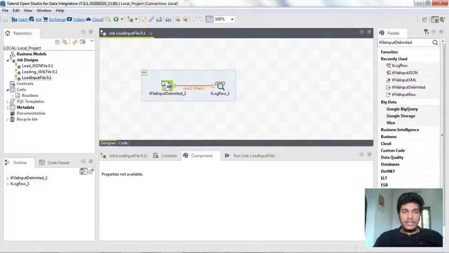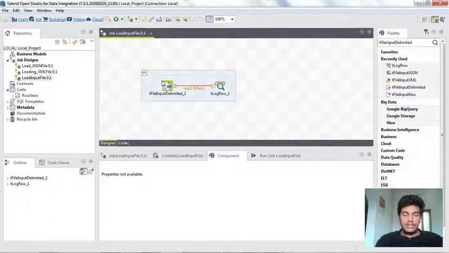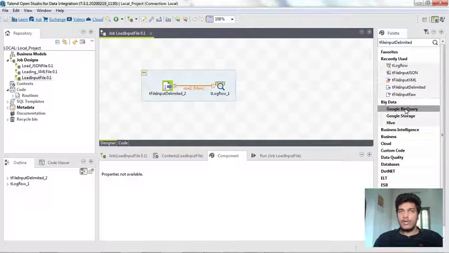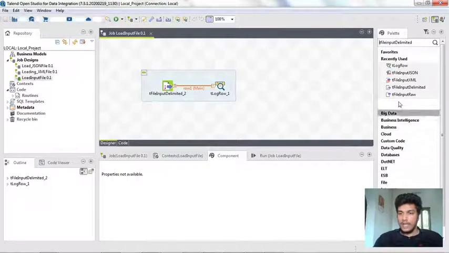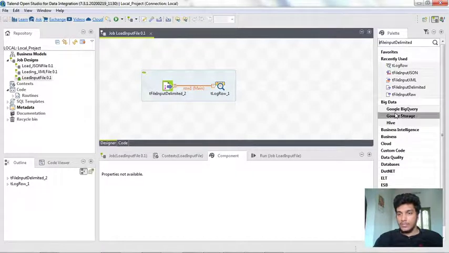The main panels in Talend Studio are: one is the designer panel, where we do all the operations, and on the right side of the designer panel, we have a palette where we have all the components needed for a particular group. Like if you want to do operations on big data, there are subgroups for it.